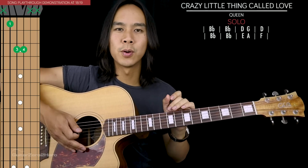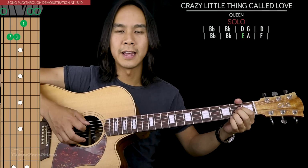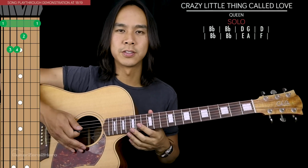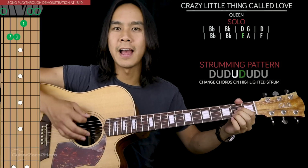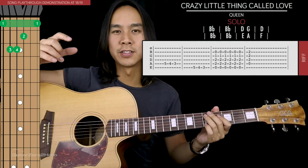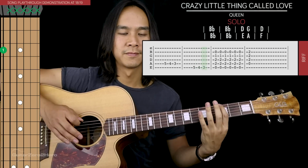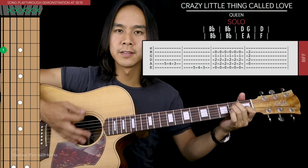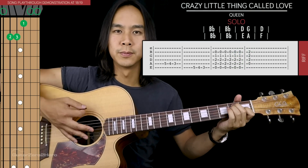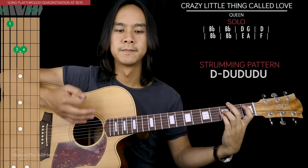And then our last 3 chords are similar to the last 3 chords of that chorus. So we have the E major, A major, and the F, which is just muted after it's strummed. So E, A, F. And after that, there's a line of tab which is similar to what we had in the chorus. And then the 6 strums on the E major. And we're gonna end on the A chord. And in total for the solo section,